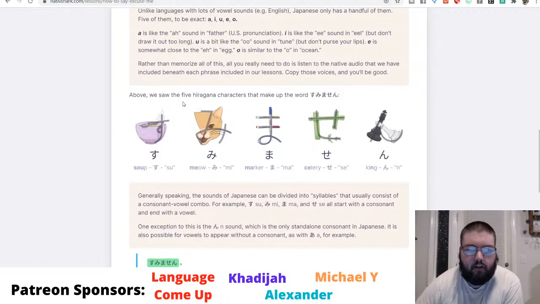Above, we saw the 5 hiragana characters that make up the word sumimasen. す、 Nice. That's actually... す、 I still struggle with the su character, like writing. み、 Me, ま、 ma. Oh, it's like markers. Okay, that's cool. Oh, that's literally the word right there. Sorry. せ、 Set. Celery stalk. うん、